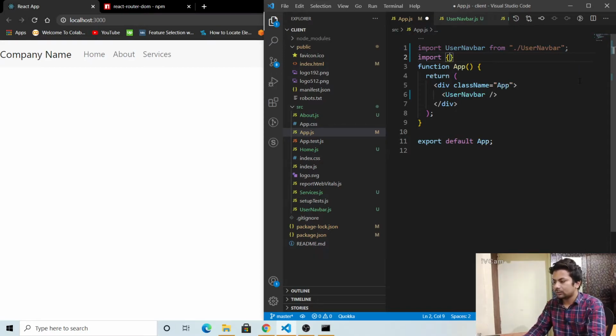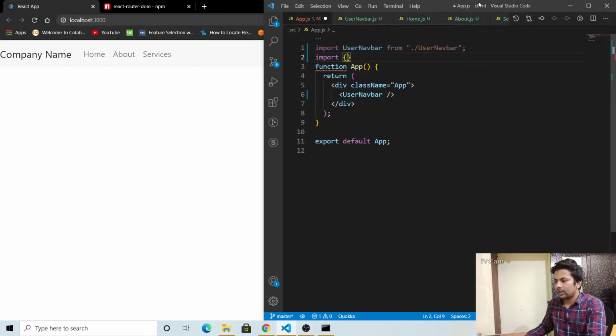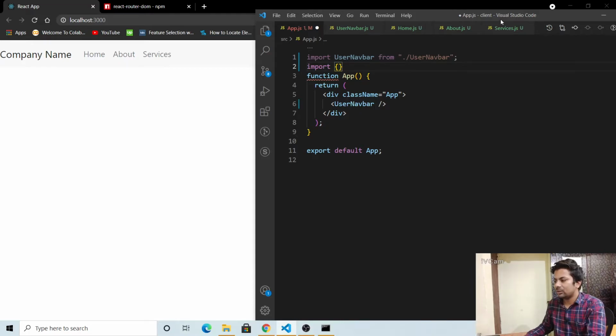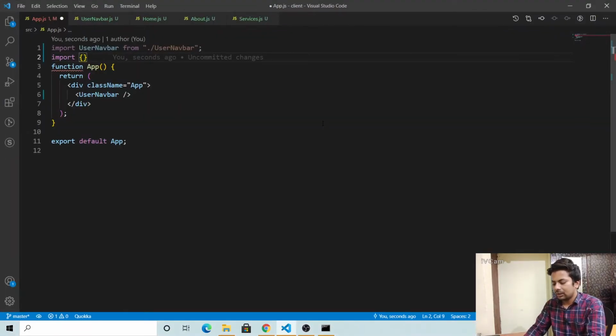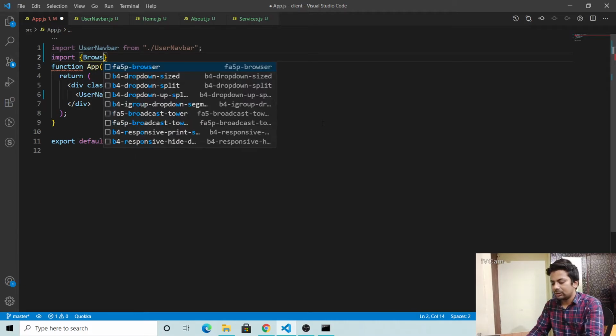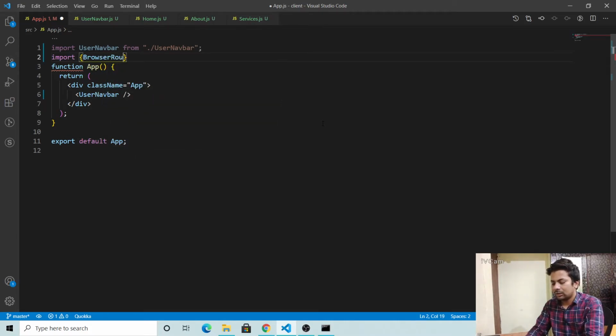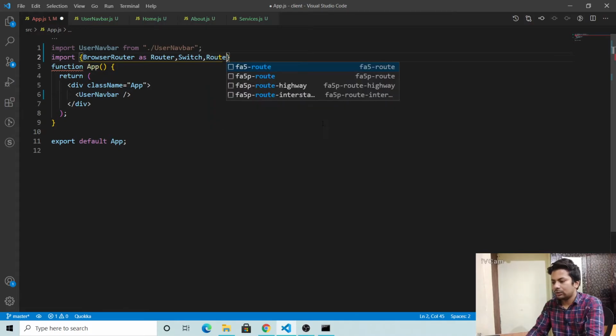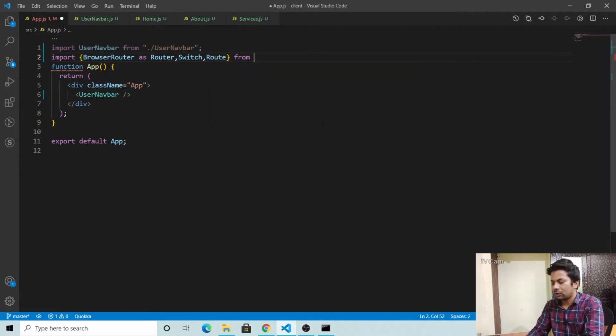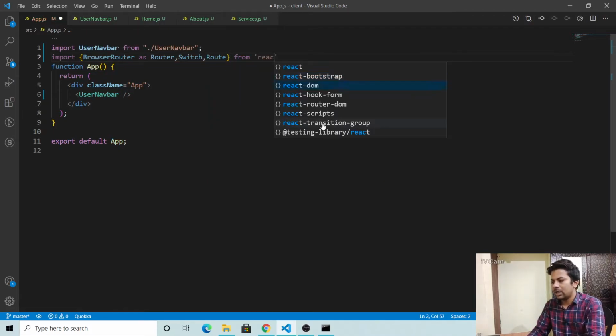Import, let me make it big because it's going to take time here. BrowserRouter as Router, comma, we need Switch and Route from React router DOM.